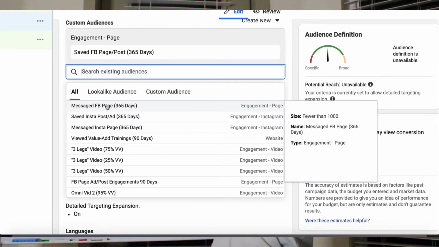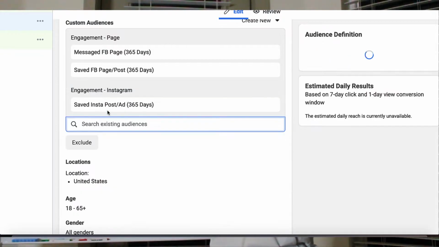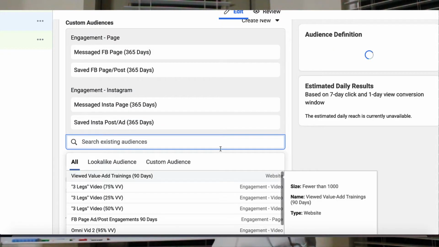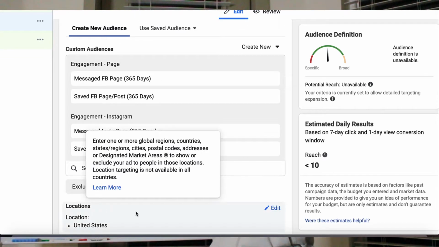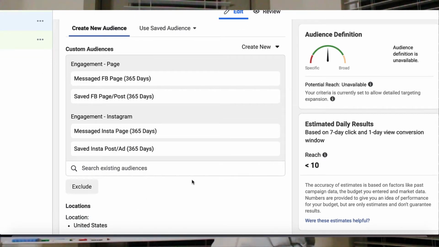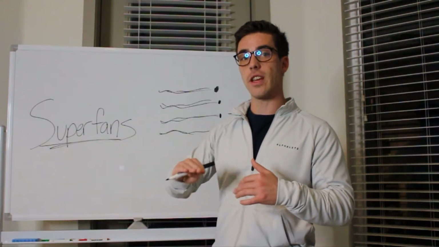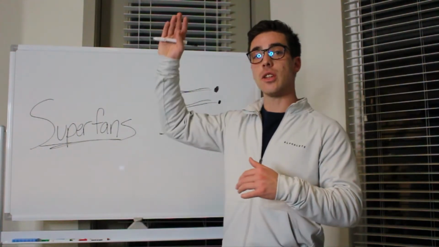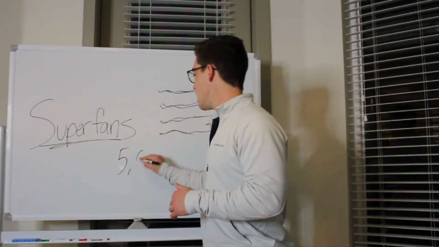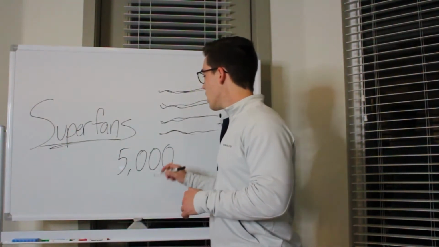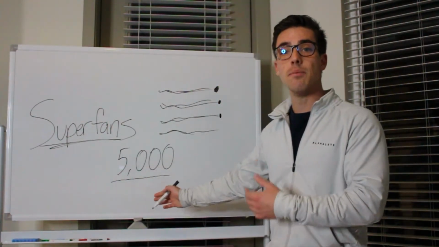If the combination of people who saved your Instagram posts, or people who have messaged you on Instagram, and people who have saved your Facebook page, and people who have messaged your Facebook page, if the combination of all those audiences is 5,000 people, okay,